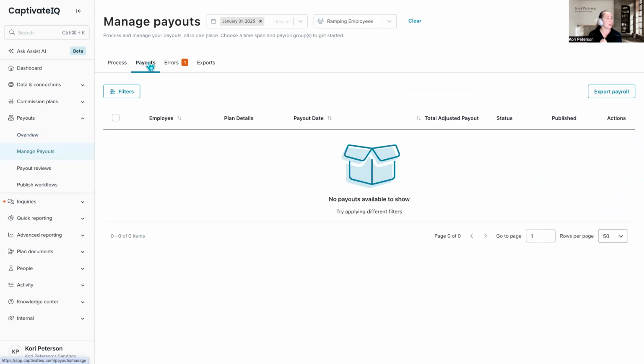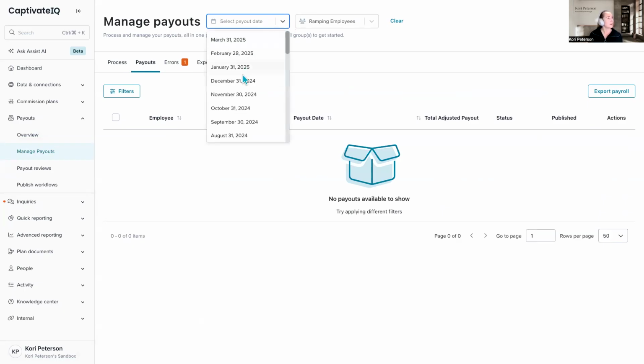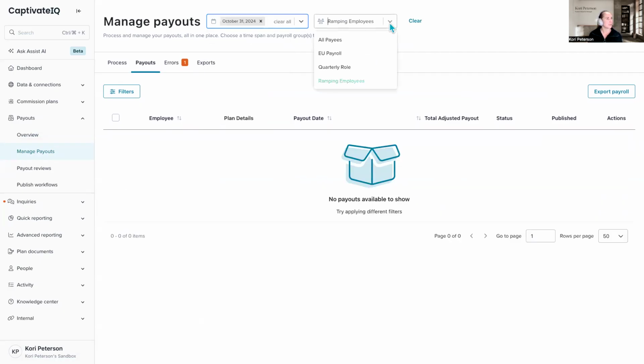But just as well as looking at payouts. If I want to kickstart a review and an approval process, but I know that maybe the teams that go to the West have a different director than my Eastern teams, and they need separate review and approval workflows set for them, then I can just have, I think the last time I processed was October.